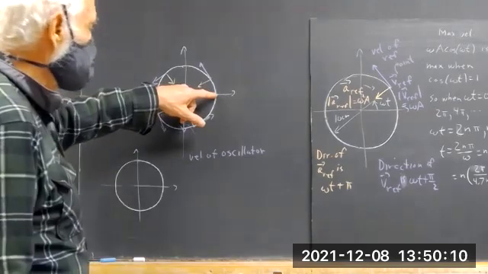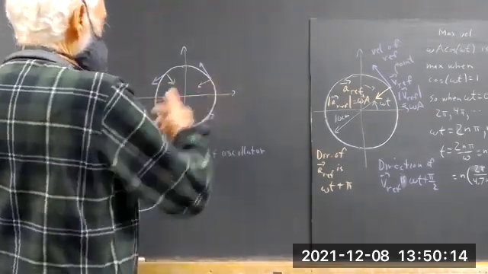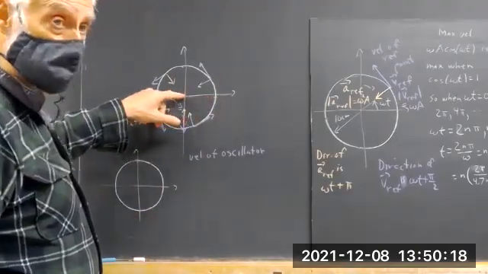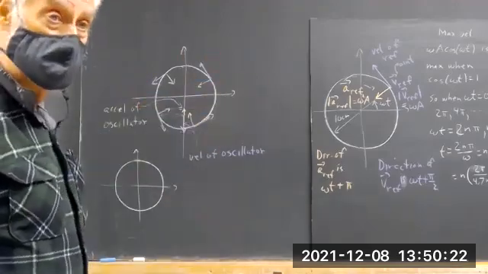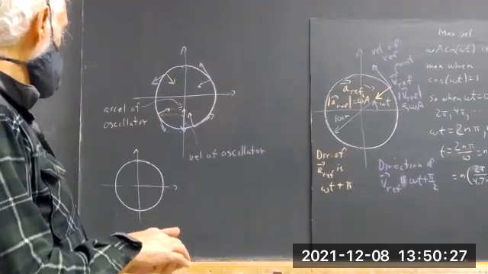Well, if we're here, the direction of the acceleration is toward the origin. The projection of the acceleration is 0. The acceleration is totally horizontal. It has no vertical component. I could say the projection